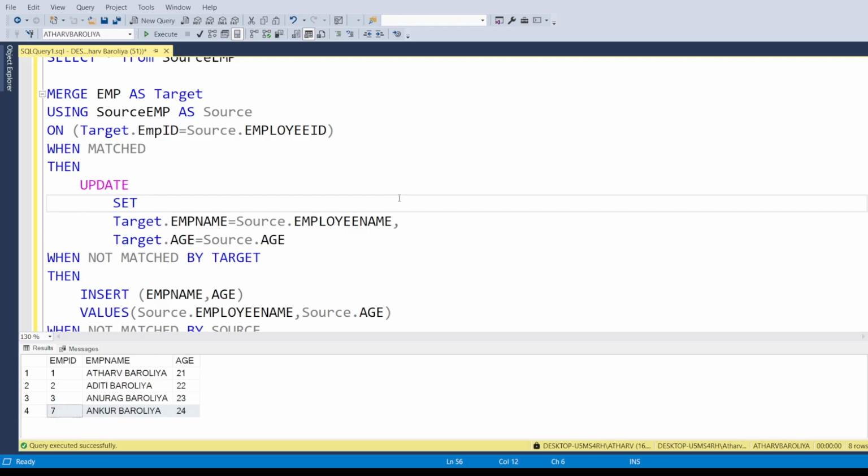If your table is small and you want to just insert and update,